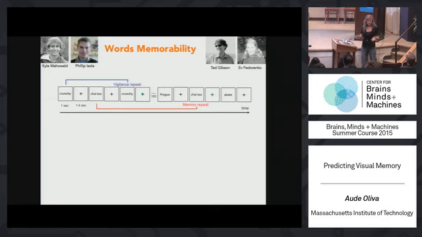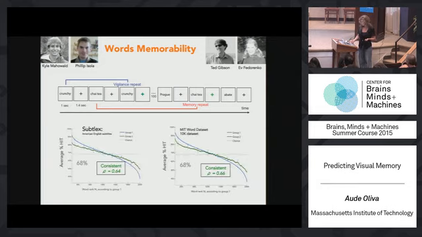So we have the consistency in the visual material. So now what about words? Words is a very interesting case because now you do know the words, but are there some kind of words that we can predict are more forgettable or memorable? Again, there's no reason to believe high consistency will be found, but we ran the study twice with two different data sets, again 10,000 items, and two different data sets of words, and we find again very high consistency, which is that a collection of words were systematically remembered by people and others were forgettable.